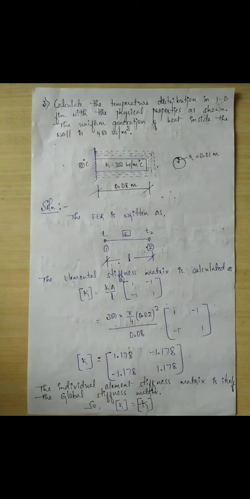I have told in my previous problem, there are only a few words which are more prominent from the point of view of getting the solution to the problem. After reading the problem definition, your mind must concentrate on only these words. First phrase of words, temperature distribution. Second phrase of words, uniform generation of heat inside the wall. Temperature distribution means value or magnitude of temperature at the nodes of the structural member. Uniform generation of heat is the word used to represent a symbol called small letter q.